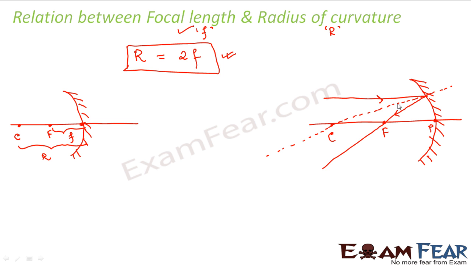Now let us suppose that this angle is theta, this angle is also theta. So what will be this angle? If you look at it, this makes a Z. So this angle and this angle will be alternate angles. So this will also be theta. And what will be this angle? This entire angle should be equal to this angle, that is alternate angles again.